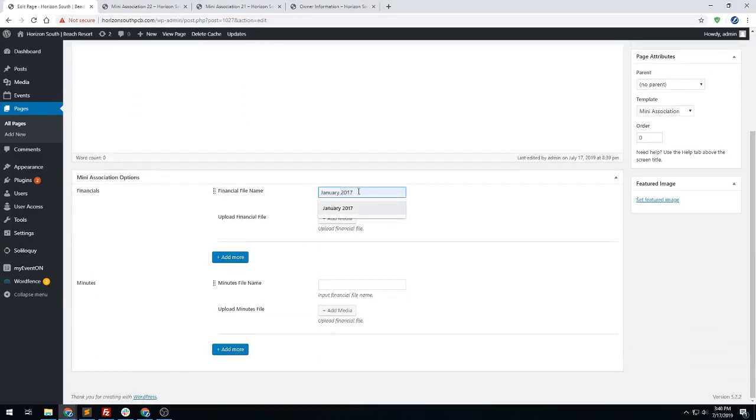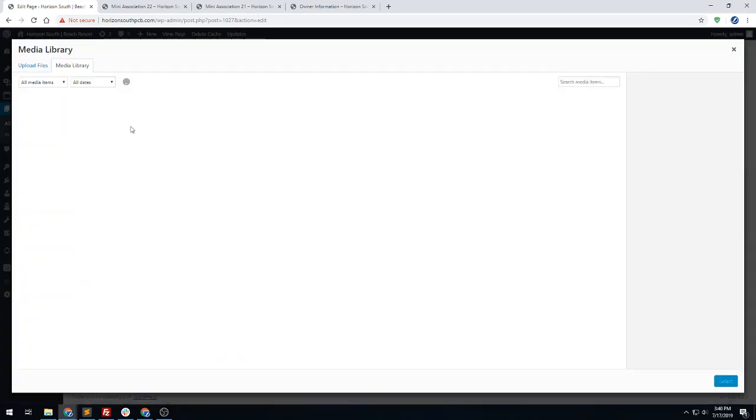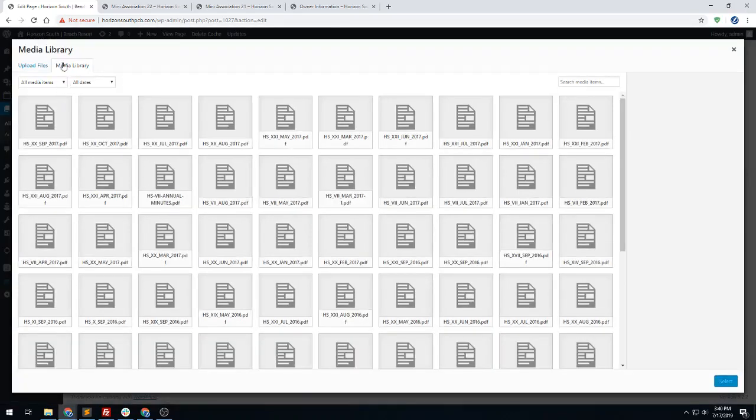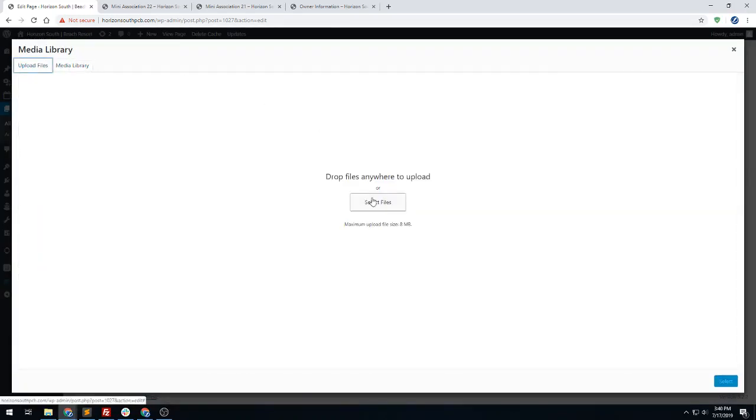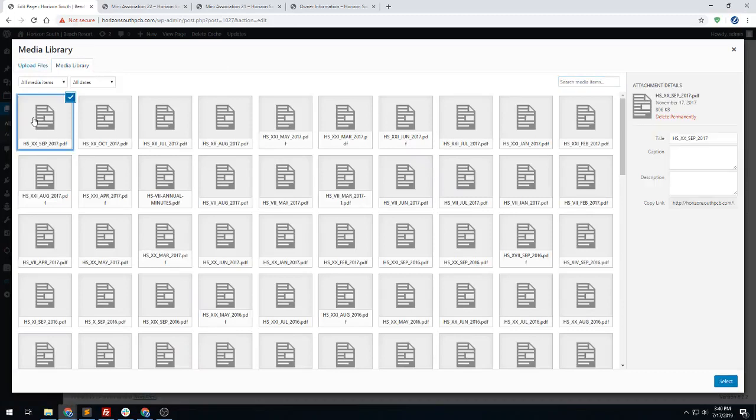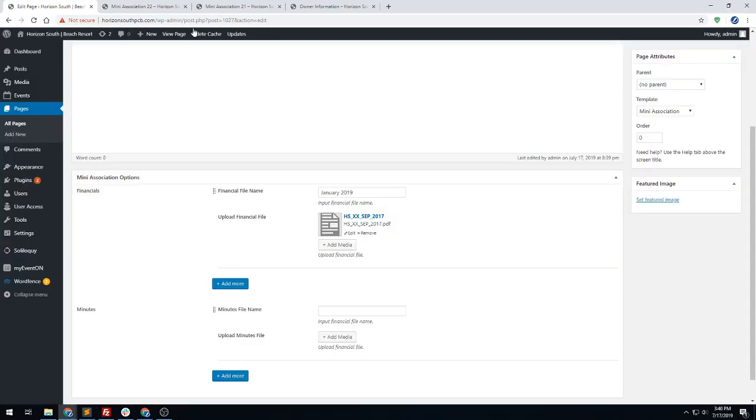January. Alright, there we go. So that's the file name. And then to add the new file, you'll click on Add Media. Just assuming that it's not already uploaded to the site, you would click on Upload Files, select Files, and then it'll prompt you to add it from your computer. I'm just going to use this one, the first one, as an example. Click Select, and now we have our first line here